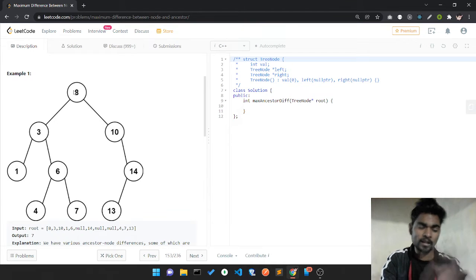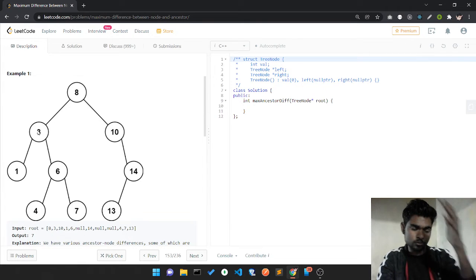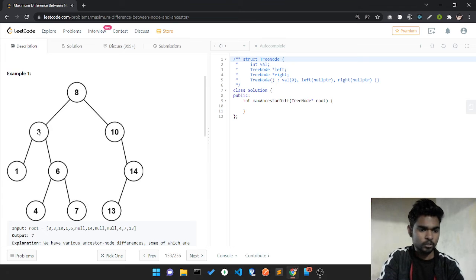Okay, let's take another example. I'll traverse this tree from root to leaf. So I'll just come here, and in that case 1, 3, if you pick any two elements, it's more clear and more confined that one is the ancestor of the other. So I'll be using this approach.